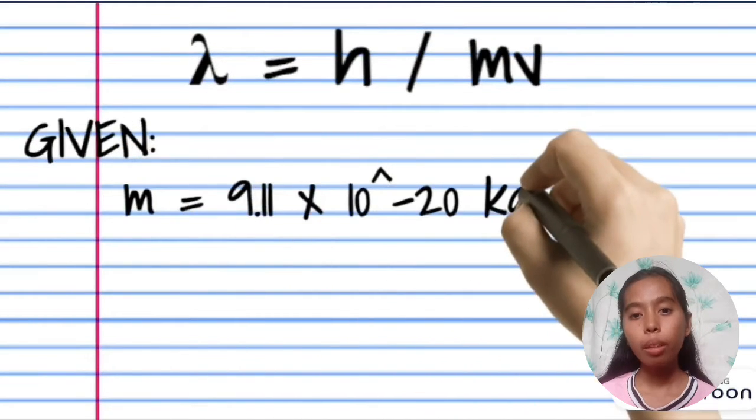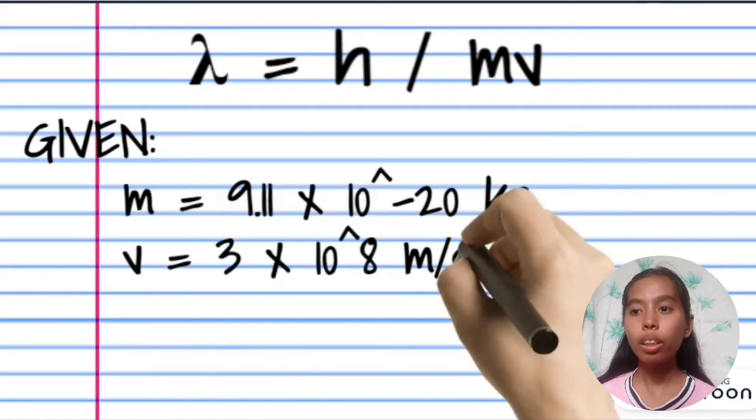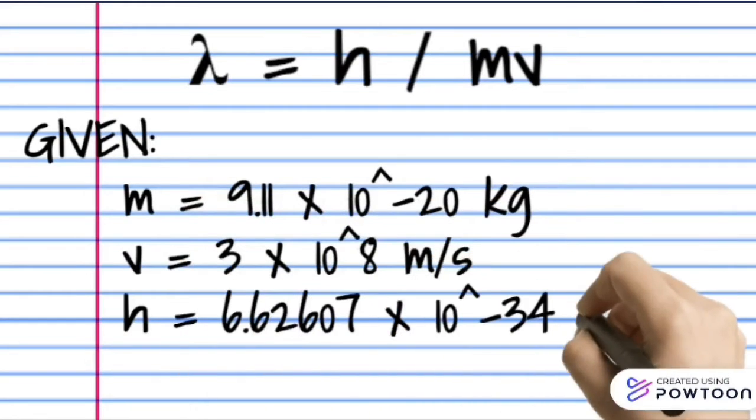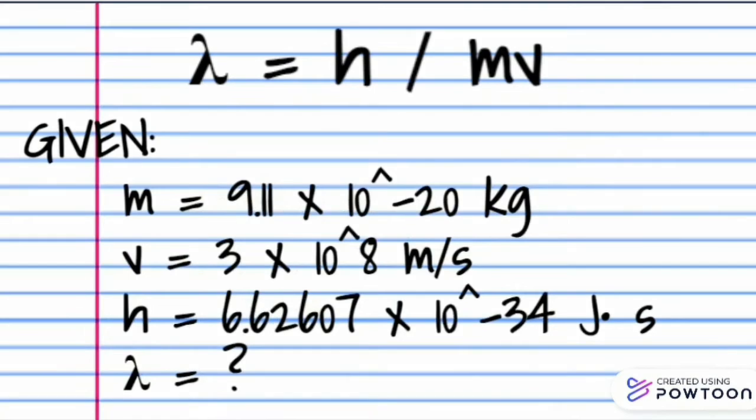So the mass is 9.11 times 10 raised to negative 20 kilograms. The velocity is 3 times 10 raised to 8 meter per second. And the Planck's constant is 6.62607 times 10 raised to negative 34 joules per second. And we are going to find the wavelength. So here,